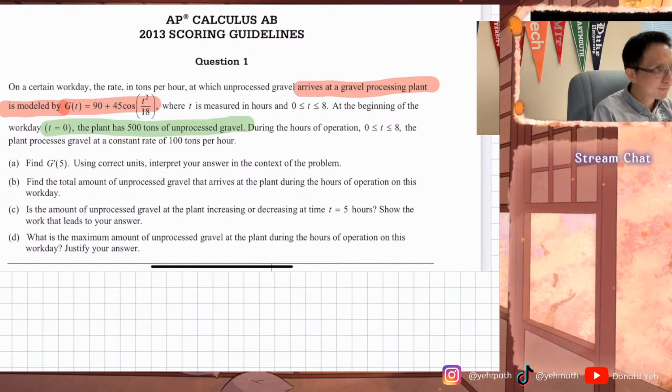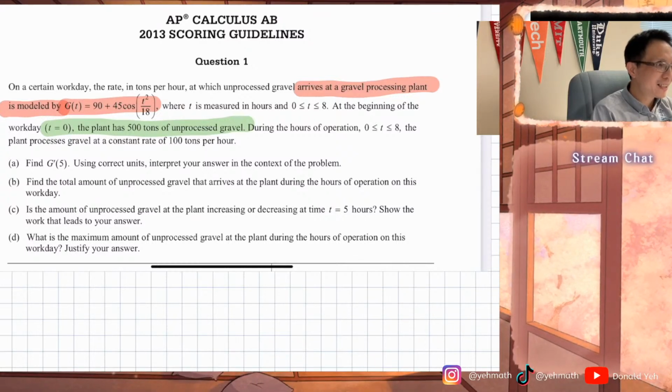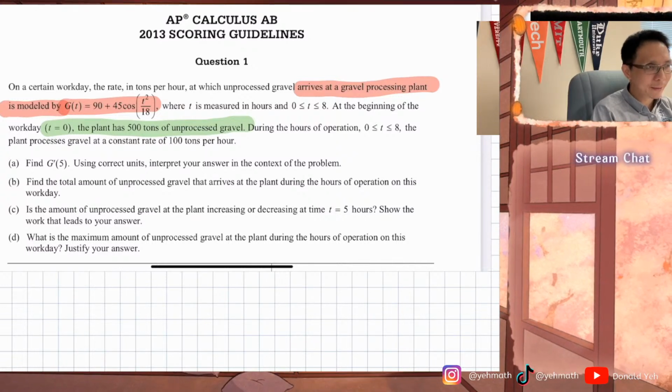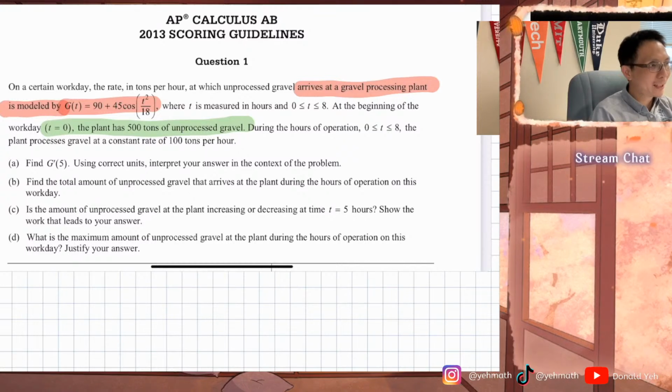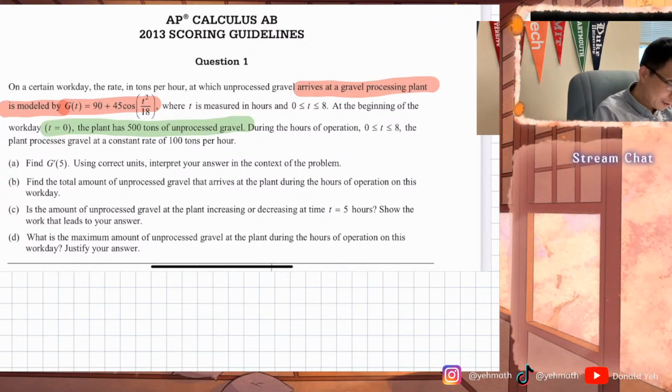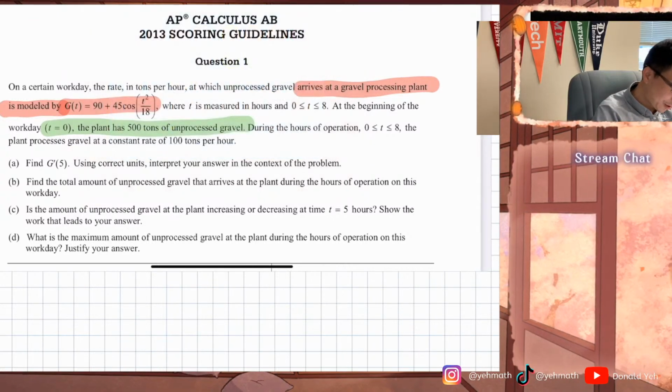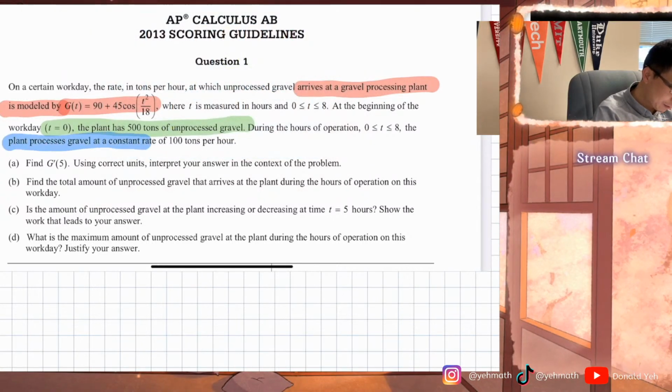Yeah. Is it linear? I don't know. It is linear, but it's not like a linear like this. No, like, yeah, it's like that. Okay, so we're gonna say that there is another information that processes gravel at a constant speed of 100 feet